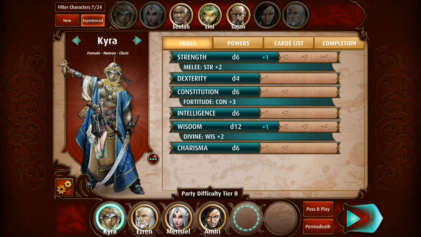Now, you can see my characters have been leveled a little bit. I've got a +1 on my strength, +1 on my wisdom on Kyra here. Now guys, you really need to understand the fundamentals of role-playing games to get the most out of this game, but this is also a great way to learn those fundamentals. So what you'll see when you see your character is they have 6 skills or 6 attributes: strength, dexterity, constitution, intelligence, wisdom, and charisma. Now, strength kind of dictates how good you are with a weapon,